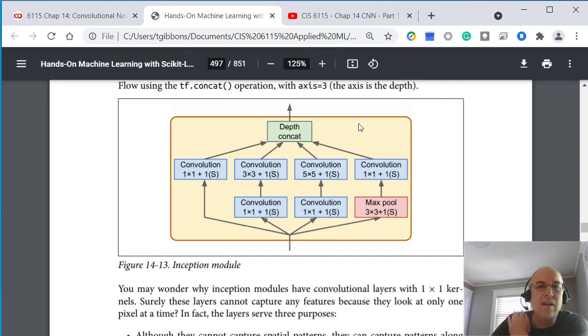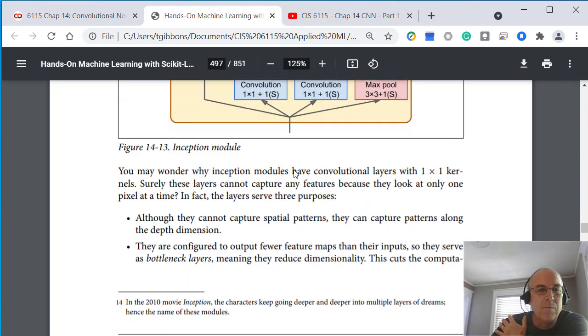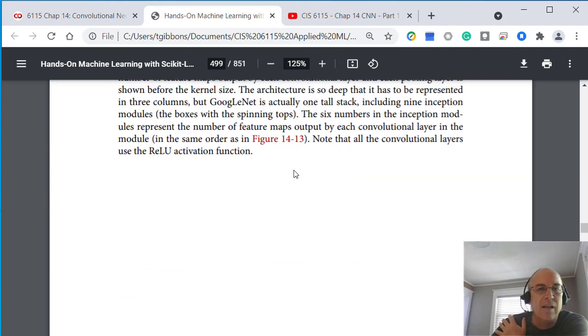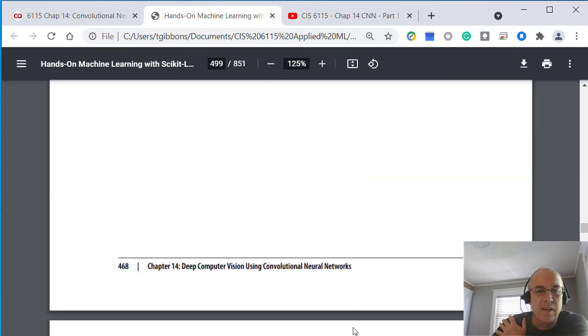So they created what are called inception models here. And then they would stack these models. Each inception module was made up of 9 filters, or 9 layers, all stacked together in a complicated way. And again, we'll look at how to do this later on, but we'll use that sort of stuff now. So it talks a little bit about that network here, and then